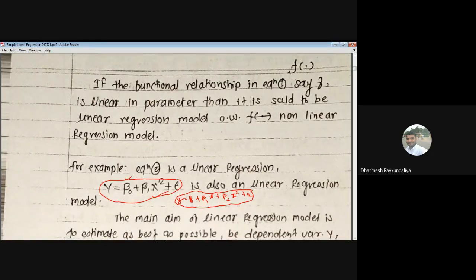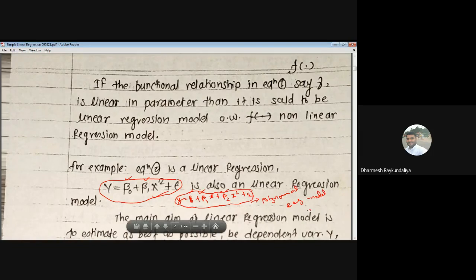So we have to see that the power of beta 0 and beta 1 is 1. Here the power of beta 0, beta 1 and beta 2 is 1. So the relation between y and x is linear in parameters, then it is said to be a linear model. And it is quadratic in x. So this model is said to be quadratic, but quadratic in x. Okay. And it is also known as a polynomial regression model